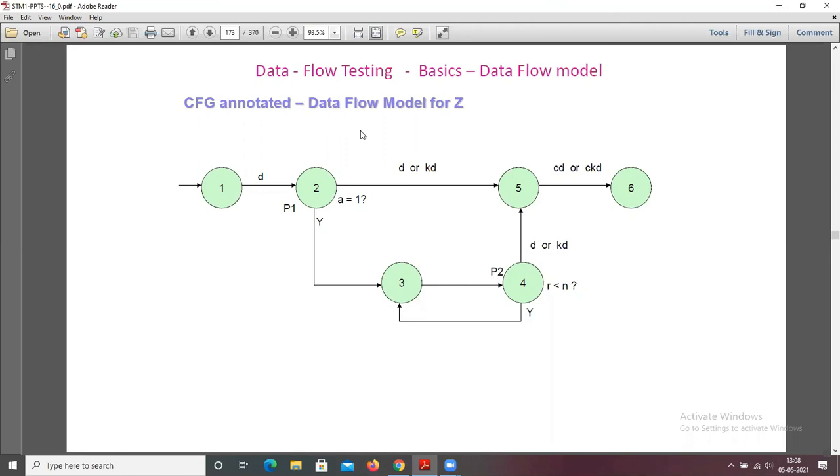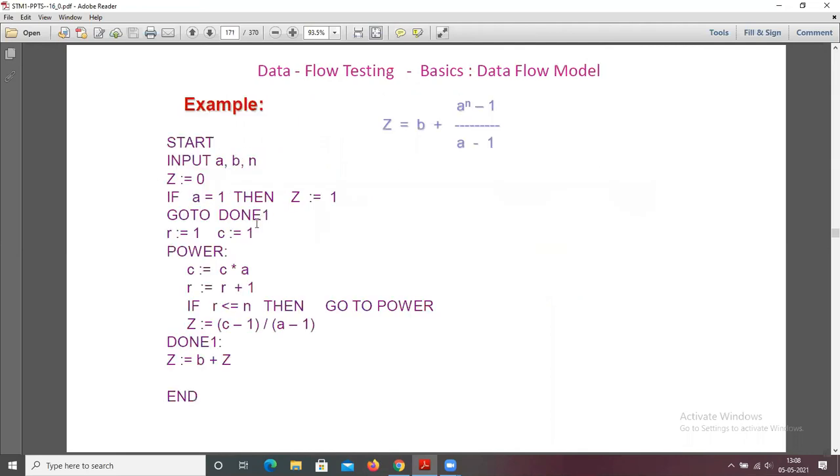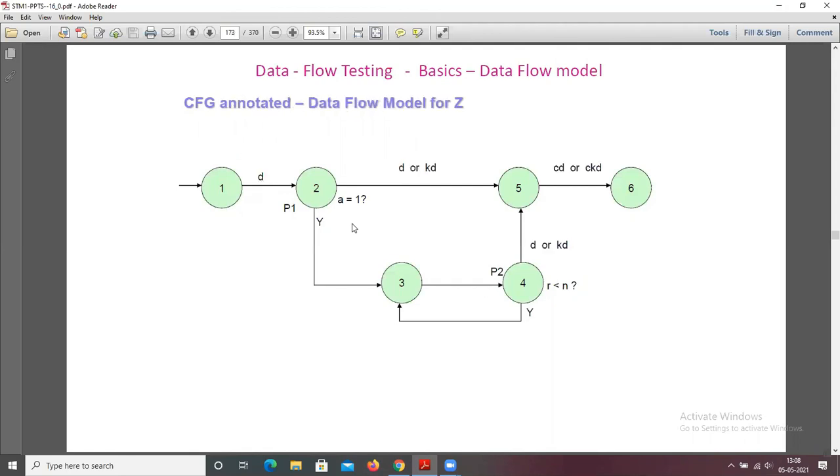And similarly, the CFG annotated data flow model for variable c. In this example, this is the c, c equals 1.